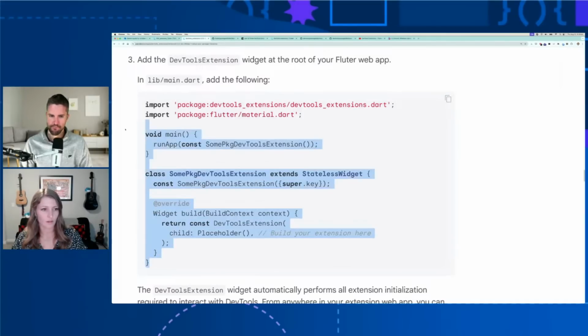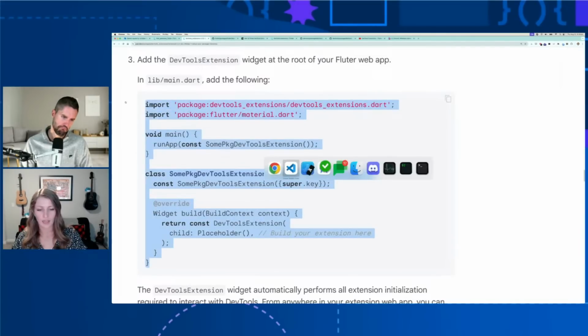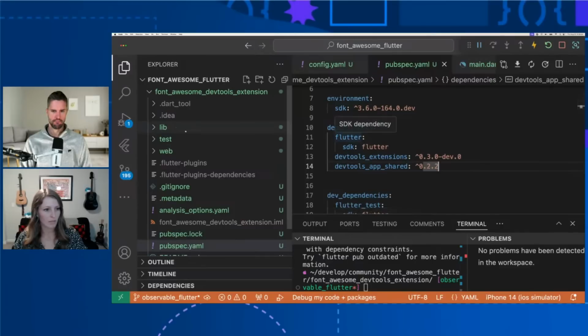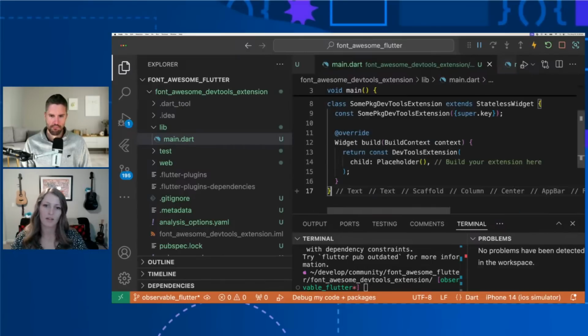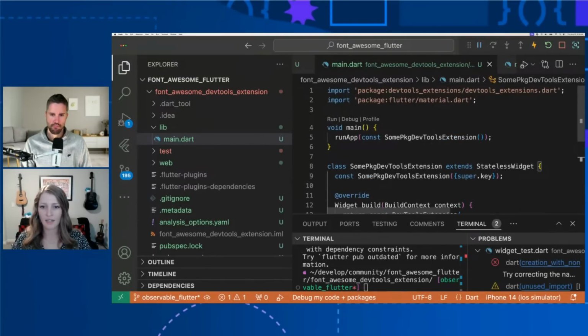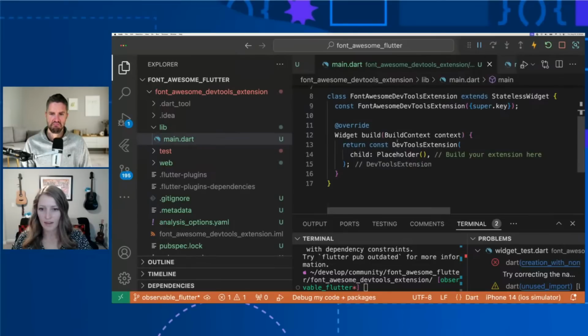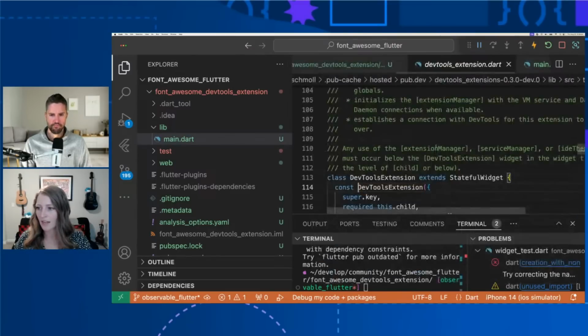Actually, we'll just steal the whole thing. How about that? And I'm going to go to the main file of my extension here, paste in what I just had, and we'll rename this to font awesome DevTools extension. Okay. And then here we have our DevTools extension widget, which let's jump in there real quick and talk about